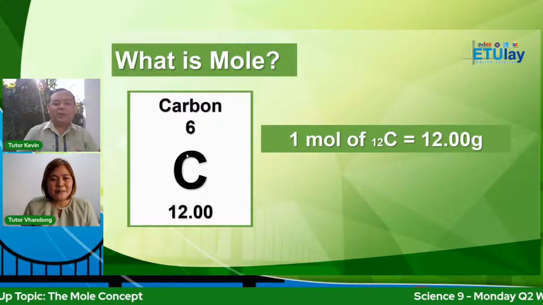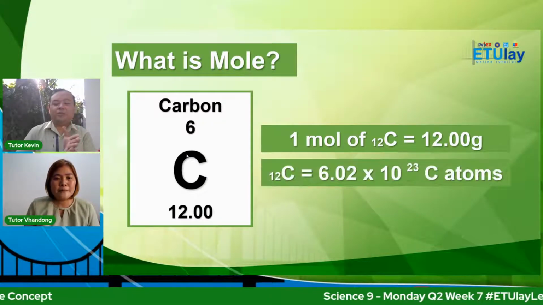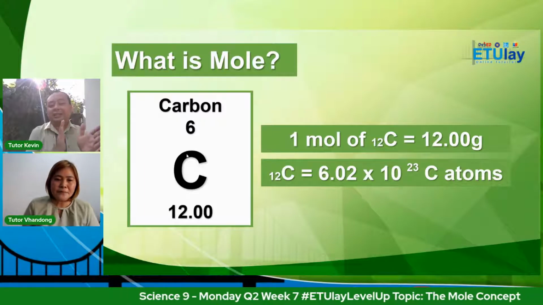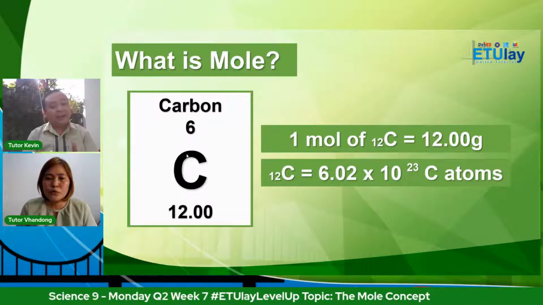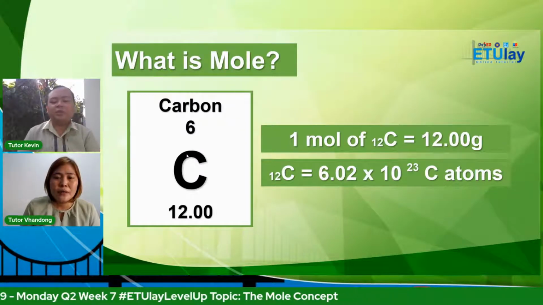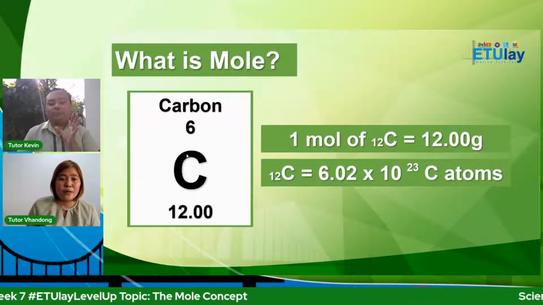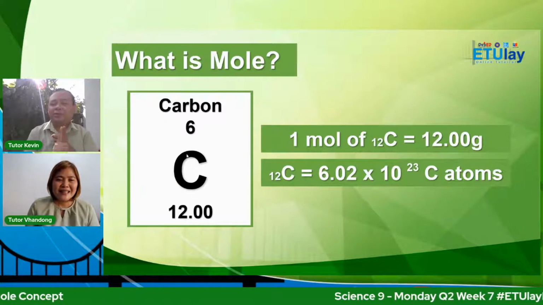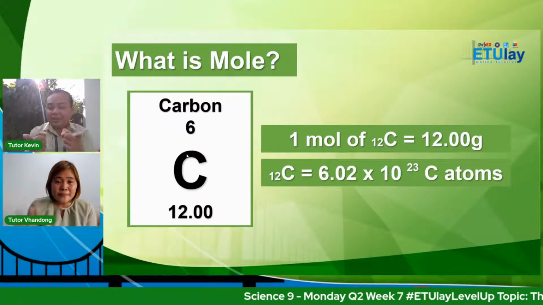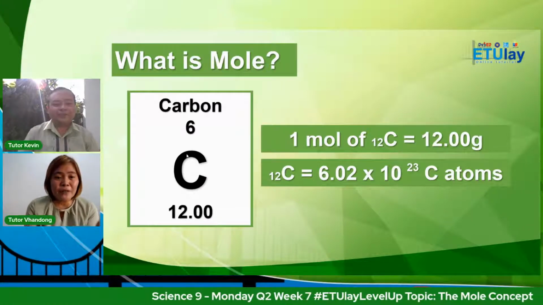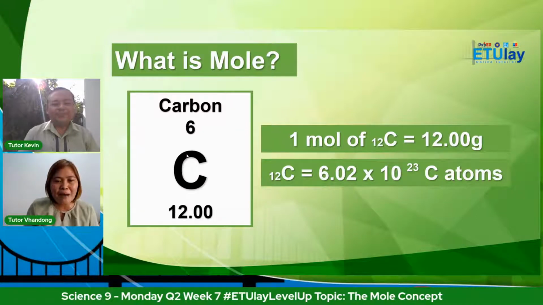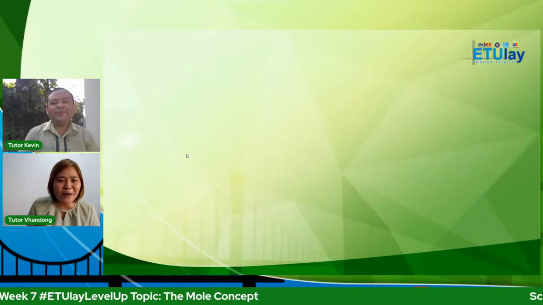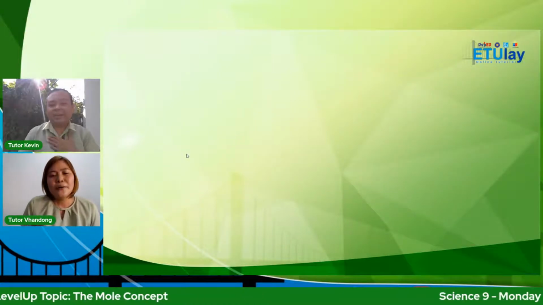So, what is a mole? 1 mole of carbon is equal to 12.00 grams. As we said earlier, every one unit or particle has an equivalent of 6.02 times 10 to the 23rd power. Let's remember, each unit is equal to Avogadro's number, a constant. That is why it is very important: 6.02 times 10 to the 23rd power. Know it by heart.